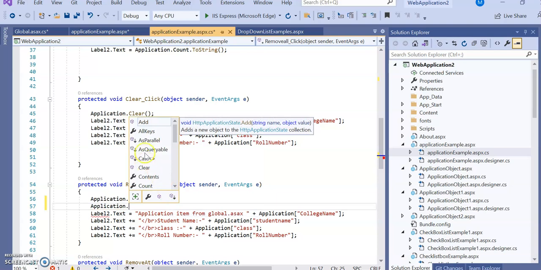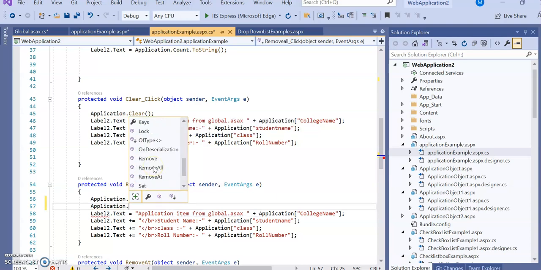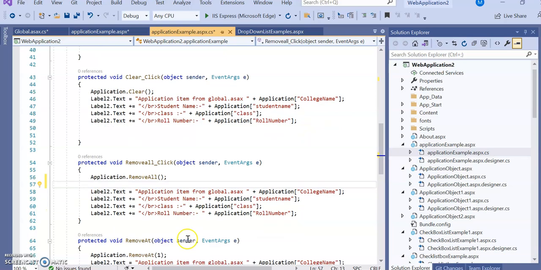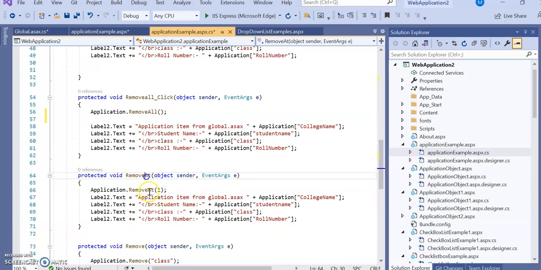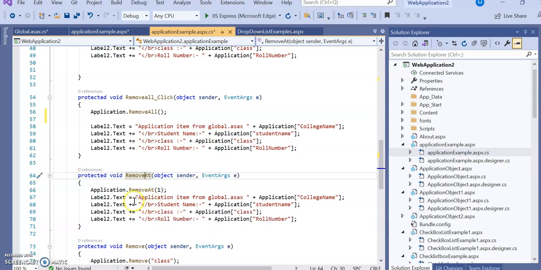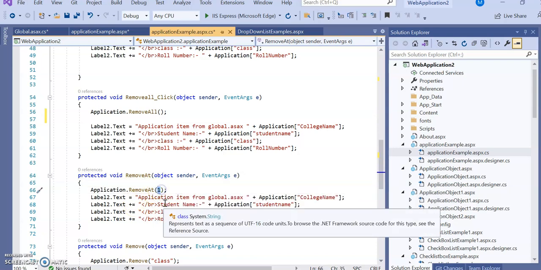see, these are the different methods available. Among those, a few methods we are studying. So Application.RemoveAll will remove all the items. RemoveAt, as I just told you, removes the item at a particular index. I have written here 1, you can take any of them, 1, 2, 3, but you should know how many items there are, so that the item will get removed.